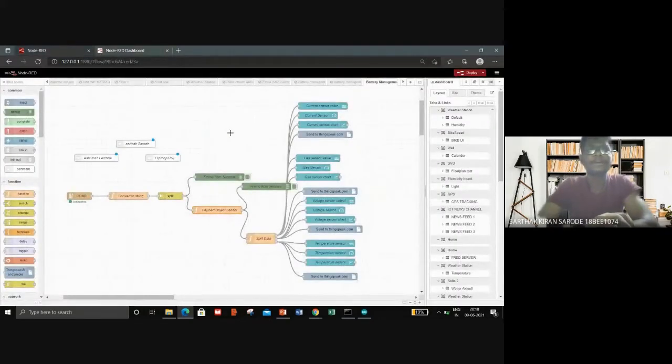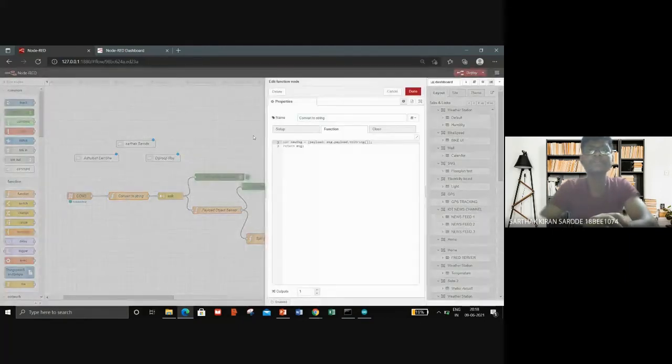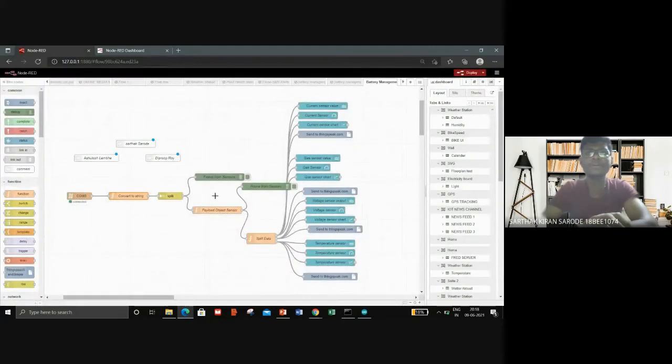Our hardware setup is explained in the upcoming slides. Here I will just give a brief introduction about our software part. Arduino is connected to the COM3 port of the PC, and here we have taken a COM3 serial node from which Arduino data is coming, and later that Arduino data is converted into a string. This is the code for converting the Arduino data into the string. So we will have a string of sensor readings. In total we have four sensors: current sensor, gas, voltage, and temperature.